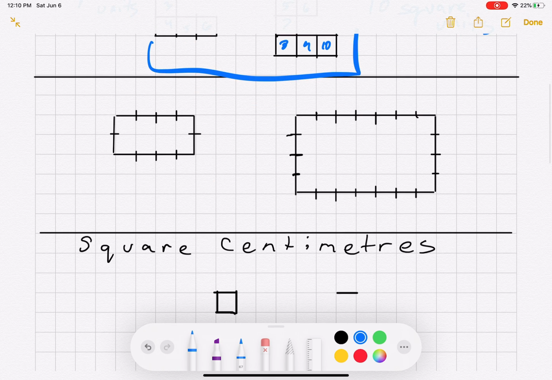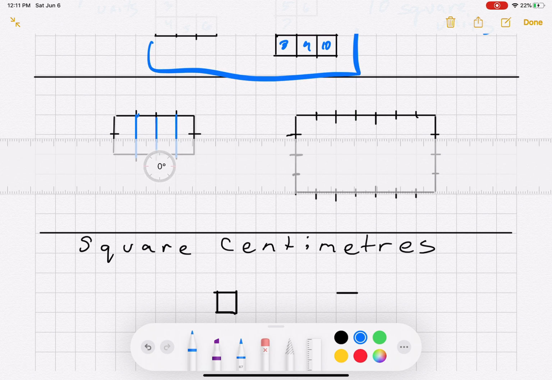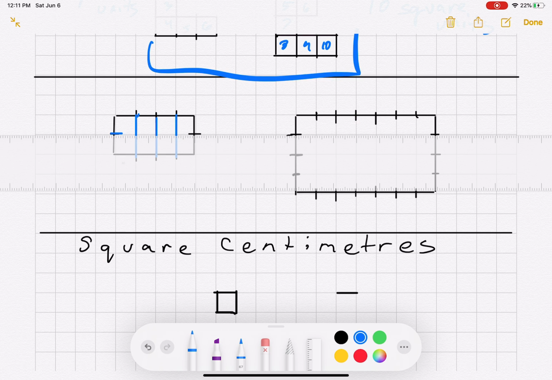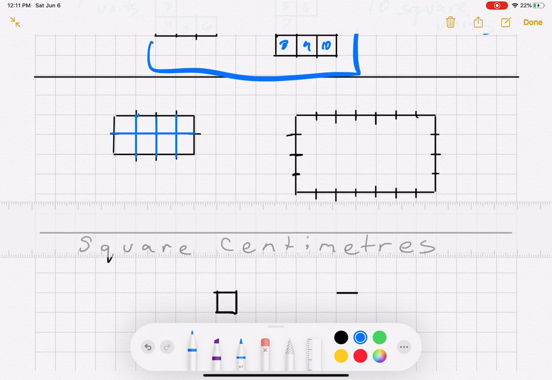Okay, now if you don't have the lines that are there for you, you would just use a ruler or a meter stick, and you can divide those up by lining those little hash marks up and drawing in. Will you need a ruler for this unit? Absolutely. It's measurement. You are going to need a ruler. Okay, and then I have 1, 2, 3, 4, 5, 6, 7, 8